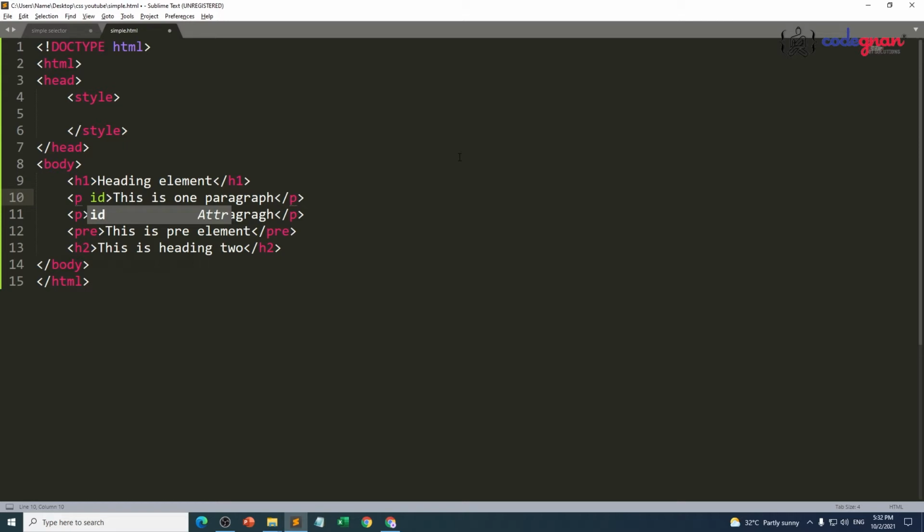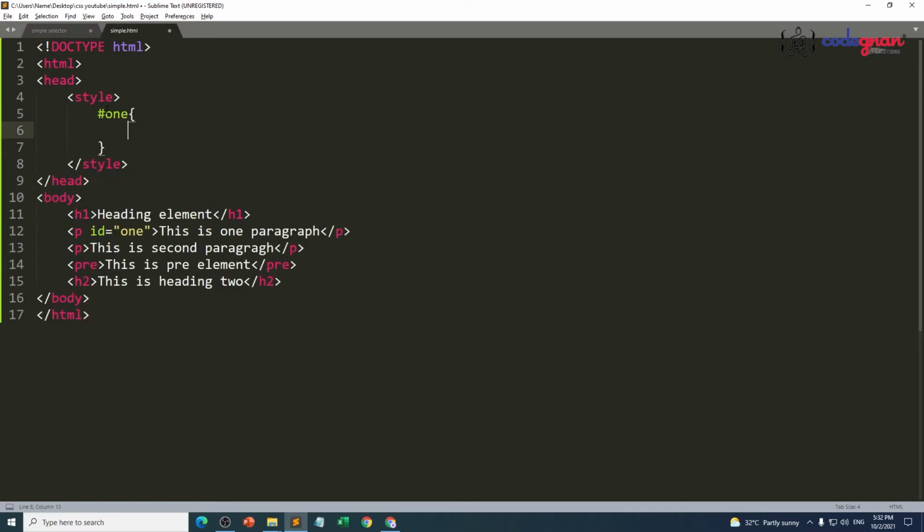P ID equal to, I'm going to give the ID for this one as 1. What you need to do is use a symbol called hash. Hash 1 is the way through which you can use a particular ID attribute in CSS styling.